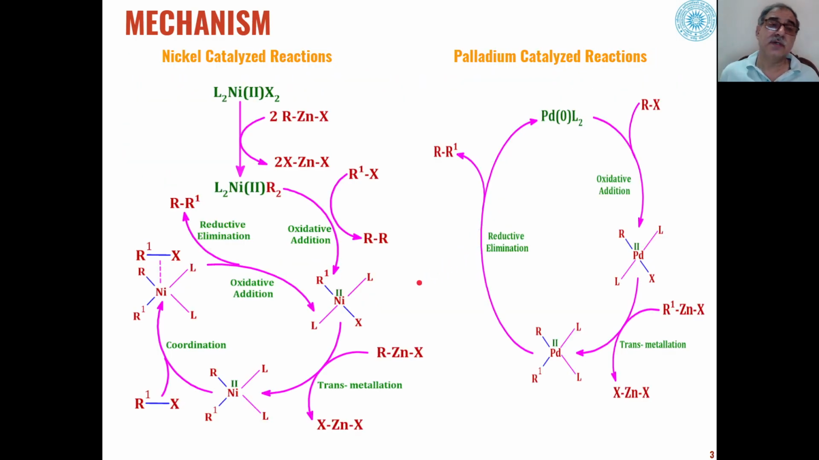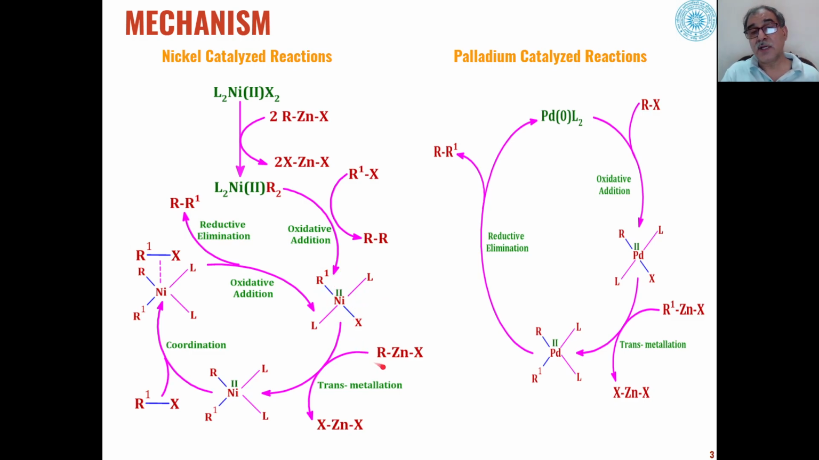The mechanism as far as nickel catalyzed reaction or palladium catalyzed reactions is slightly different from each other. For example, in case of nickel catalyzed reactions, in the first step, the nickel 2 compounds react with the organozinc compound with the elimination of zinc halides. The nickel compounds are converted into organonickel compounds, and these organonickel compounds react with different types of alkyl halides or organic halides, which may range from saturated to unsaturated halides. These two undergo oxidative addition, and the organohalide adds to the nickel